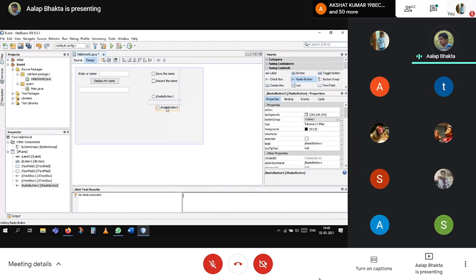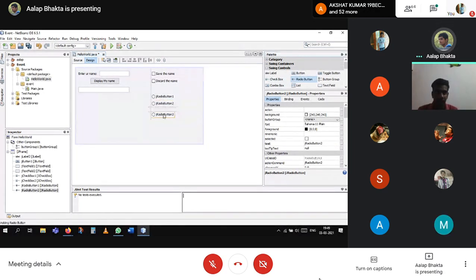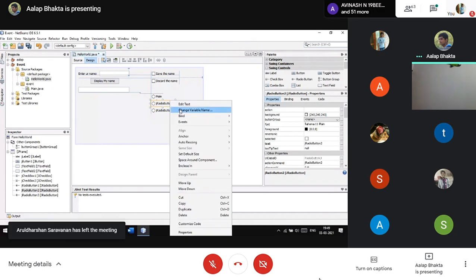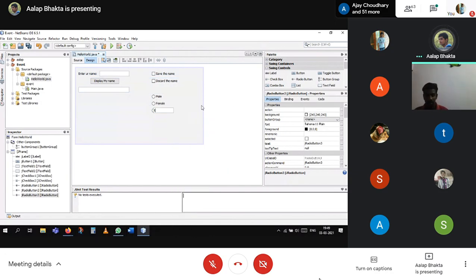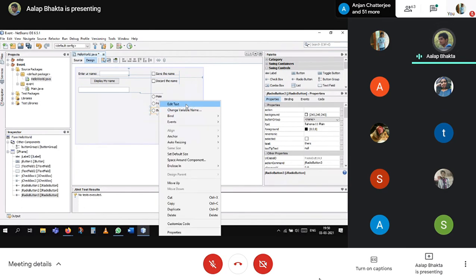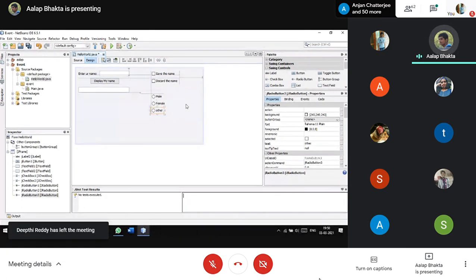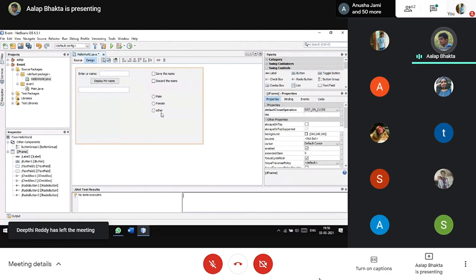Radio buttons are mostly used for male, female, and others. In any other form, you have to state your gender, right? You can't choose male and female at the same time, so for that there is a button group.